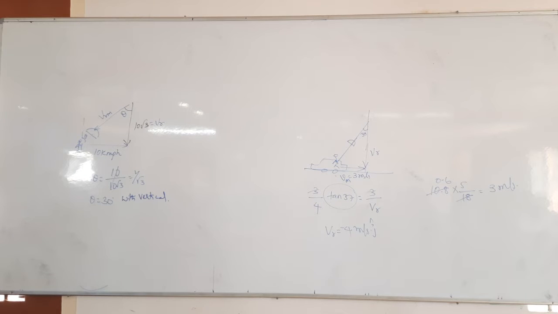The angle, always with vertical only you have to take. The angle should be with vertical only. I think I said this point. Always the rain will fall vertically only, so you have to take the angle with vertical. Unless they mention the horizontal, you should not take horizontal. Whether they mention vertical or not, always the angle is taken with respect to the vertical only. If they specify horizontal, then only you have to take it.